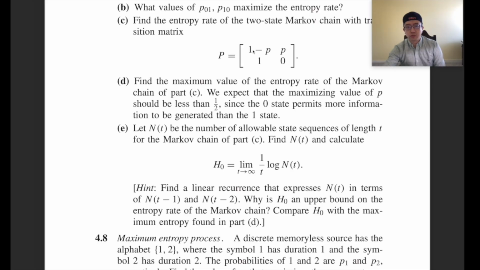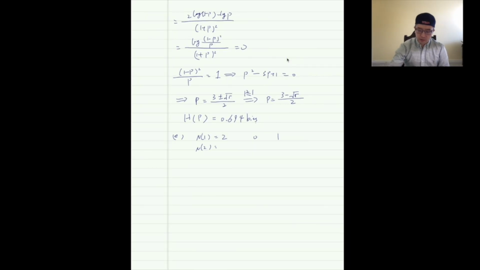From 0 we can go to 0 and 1, but from 1, we can only go to 0, right? We cannot go to 1. Therefore, from 0 we can go to 0,1 and 0,0, but from 1 we can only go to 0, so there is only one choice for the next state. Therefore, n2 is 3,